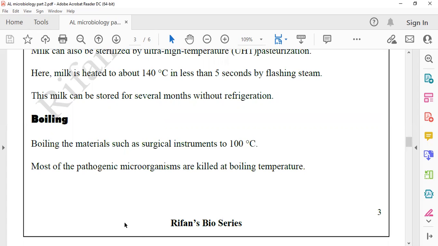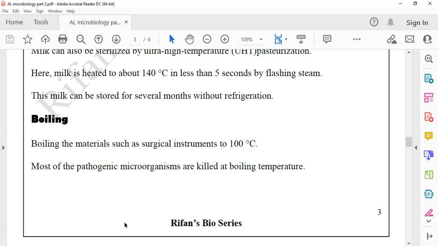Saprophytic microorganisms, they are spores, mainly microbial spores. They are resistant to 100 degrees Celsius. Archaebacteria, like certain microorganisms, can survive above 100 degrees Celsius. That is one category. And second thing, it is spores. Microbial spores can withstand up to 121 degrees Celsius. That's why under moist heat method, we are providing 121 degrees Celsius as a